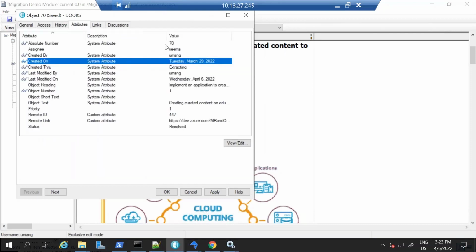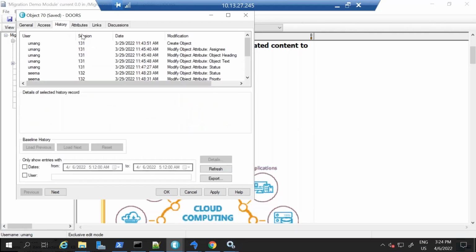So here for this requirement, we have assignee set to SEMA, status is resolved, priority is set to 1. Similarly, if we go to history, we'll be migrating all the history, every event that took place on all the requirements as is. So when this requirement is migrated to MR, modern requirements, every event that took place, for example,